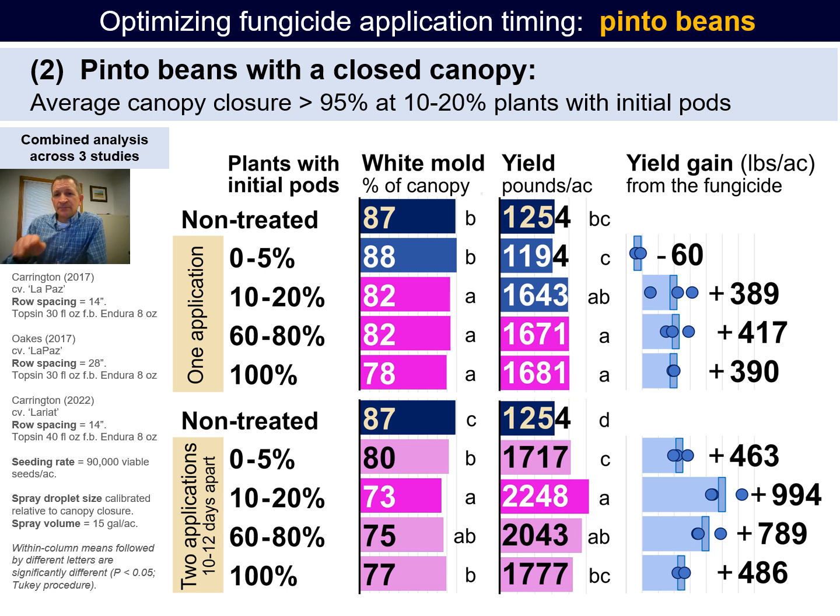And what you can see immediately is that our application timings shifted forward. So if we were going to do a single fungicide application, we optimized at 60 to 80% of plants with initial pin pods, which is similar to what we saw before, but notice the penalty to going on earlier was not nearly as strong. Okay, it was really close, and so thus our optimal application timing shifted forward a bit. Okay, and if we were going to do 2 sequential